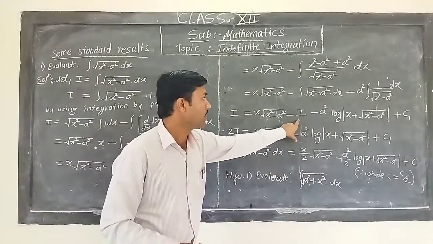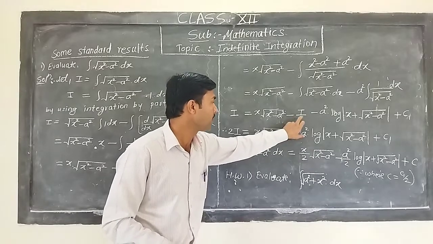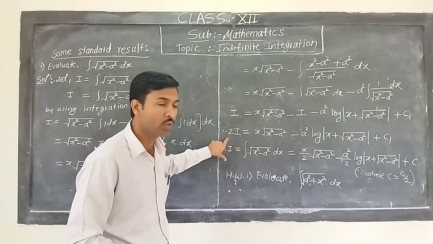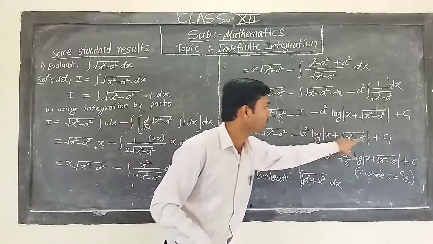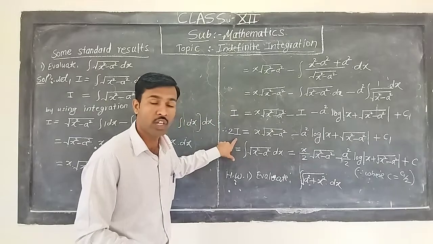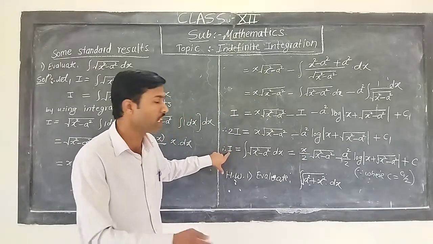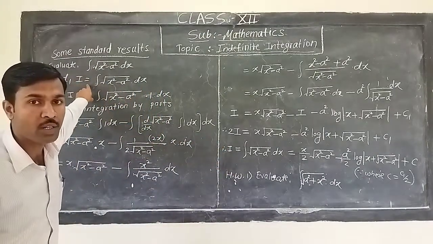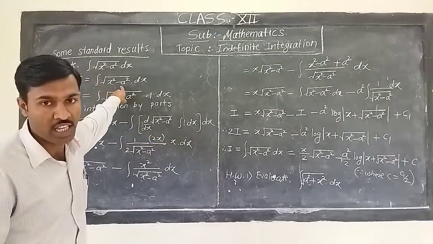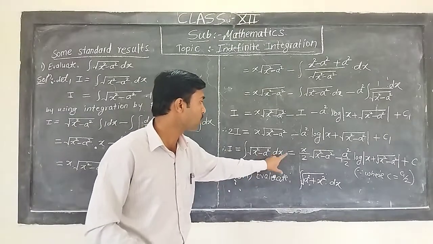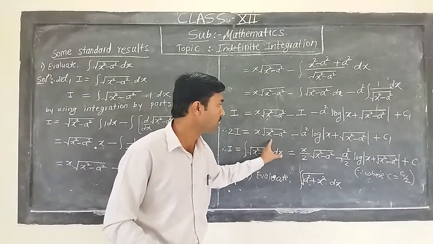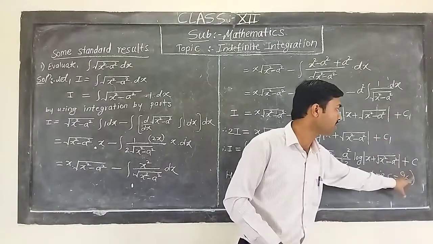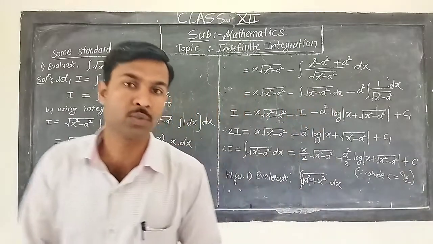Now if I take this term to the left-hand side, minus I will go to the left-hand side, and it will be plus I plus I, which is 2I, and the remaining terms are here plus c1. Now friends, we have to find I, therefore, dividing both sides by 2, I is equal to... what is that? I is the integration of under root of x square minus a square into dx. It is equal to, after dividing by 2, x by 2 into this term, a square by 2 into this term, plus c1 by 2, which is replaced by the letter c. Here is the solution for this problem.